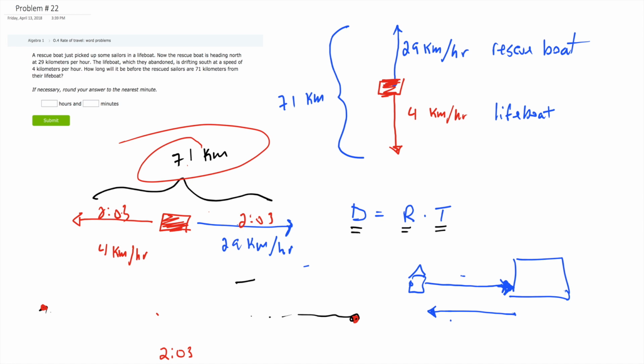So sometimes my first approach would be to think about which one of these in this problem is unchanged. In the Vivian bike example, the distance is unchanged. But in the lifeboat example, the time is unchanged. All right, so